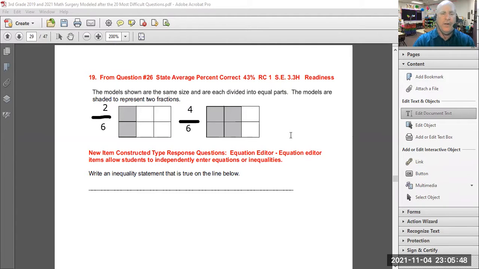Now, one way to tell, if you have the same last name, if you think of the denominator as the last name, and the numerator only has 2, and the numerator for the other model has 4, well then 2/6 is less than 4/6. So write an inequality statement that is true on the line below. The simplest form of this would be to say 2,